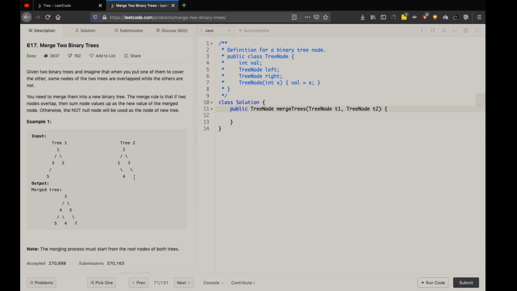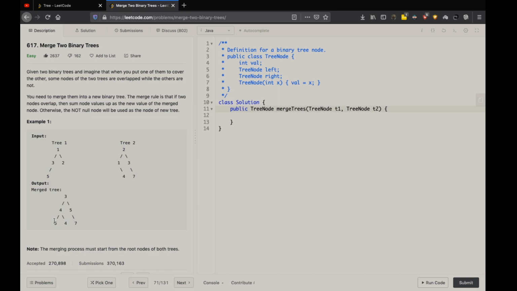So in order to solve this problem, we can clearly see that we are given nodes of both these trees and we have certain cases to take care of. The first case we need to take care of is if the value at this particular node is null, right? Like in this case, the value of 3's right child is null. So basically check in tree 2. If this is null, we return this particular node. And vice versa is also true if the value of the left child is null. In this case, the value of one's left child is null. So I'll return the left child of 3, that is 5.